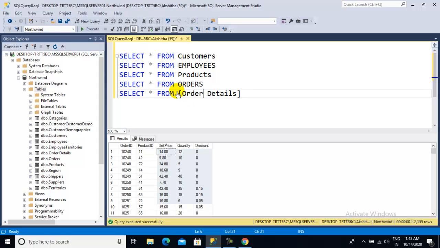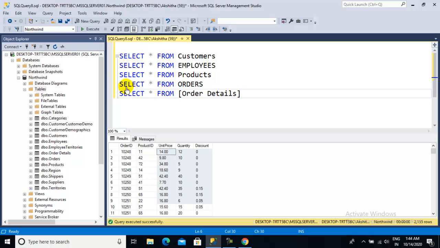So if a table name or any key field has a space, in that situation you can provide square brackets at the start and end. A square bracket means it is treated as one single word. I mean to say, for a combination like order and table, the gap can be excluded, so it will be treated as one name.